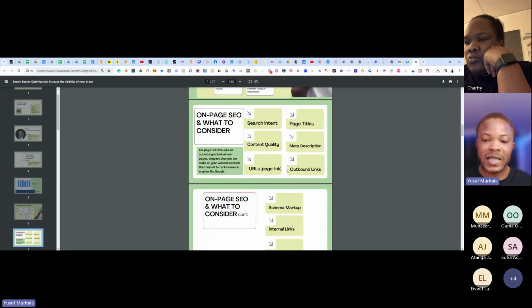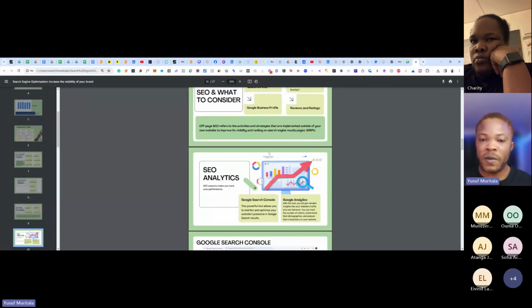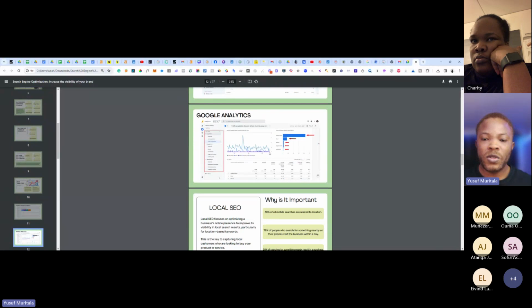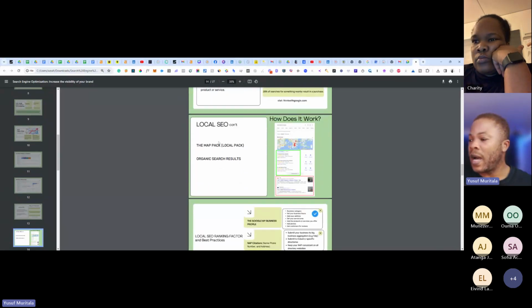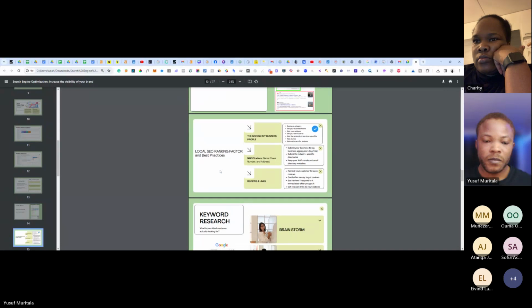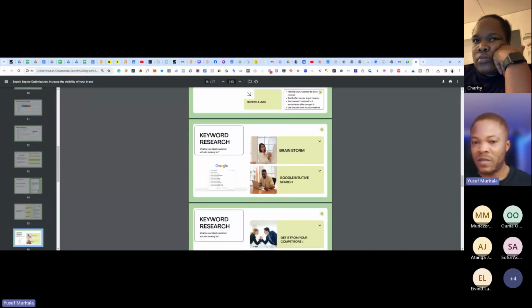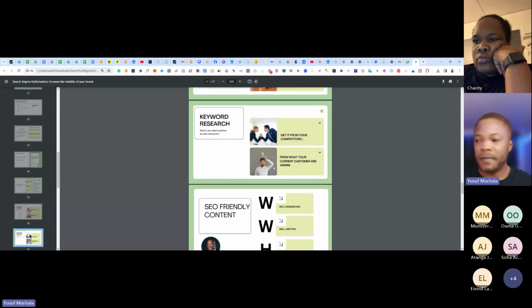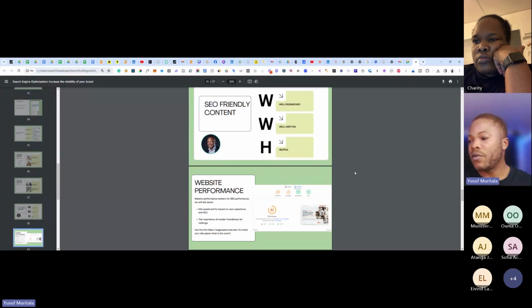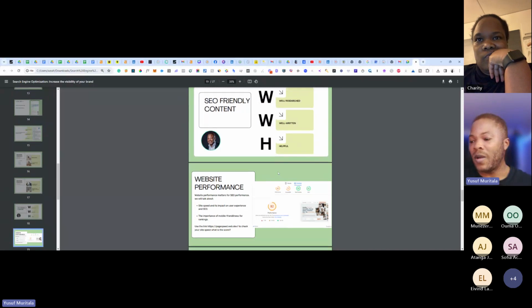I'm sure you probably already have this slide. Those are the key things, and the importance of local SEO, which we are also going to do today. We can see how to talk about it, see the settings and how to set it up. Then the keyword research, which is part of the plan for today. Also how to write content, and how to optimize the content on your website.